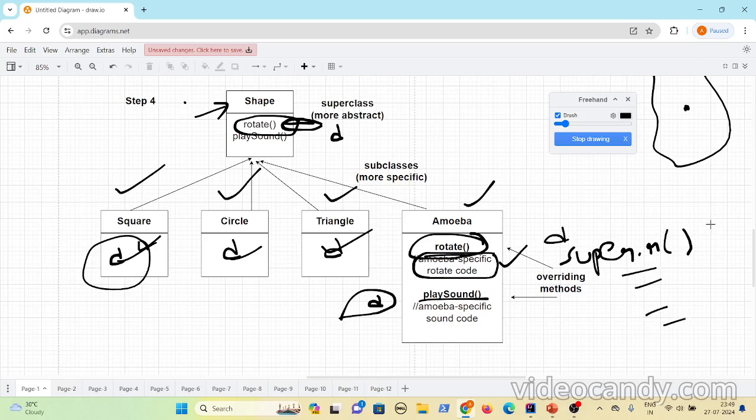This way, whenever you do super, it goes to the superclass or the parent class and invokes that rotate method, and whatever logic you have written here will be executed. So with this approach you are reusing your parent logic and then defining your own behavior as well. And if you want only your behavior, you need not use this particular line, and whatever behavior is present gets executed.